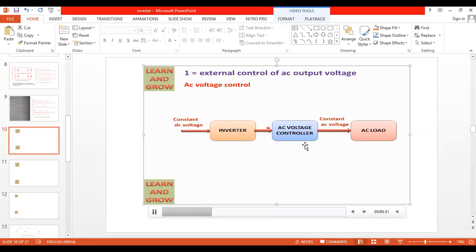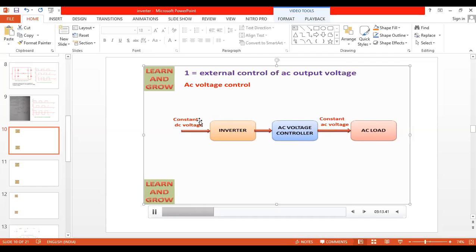This is one proposal. Sir, you have mentioned that in power electronics an inverter converts fixed DC to variable AC. Yes, that is using internal control. If I am not using pulse width modulation, then your inverter will provide DC to fixed AC. Fixed AC is again passed to the AC voltage controller, and then it converts fixed AC to variable AC. This is our last unit we will discuss. So the AC load is an induction motor. Okay. So this is one proposal.